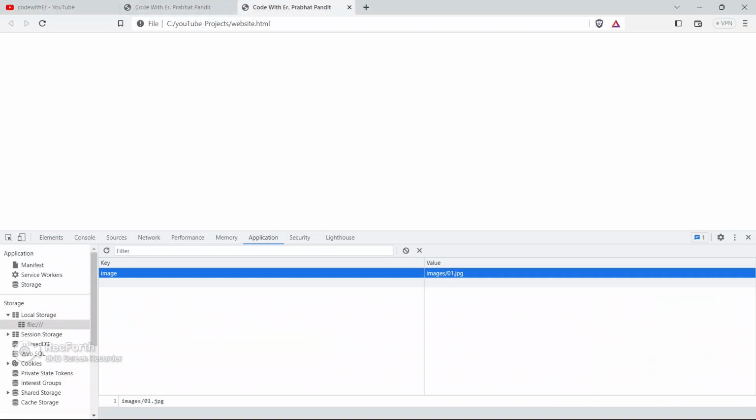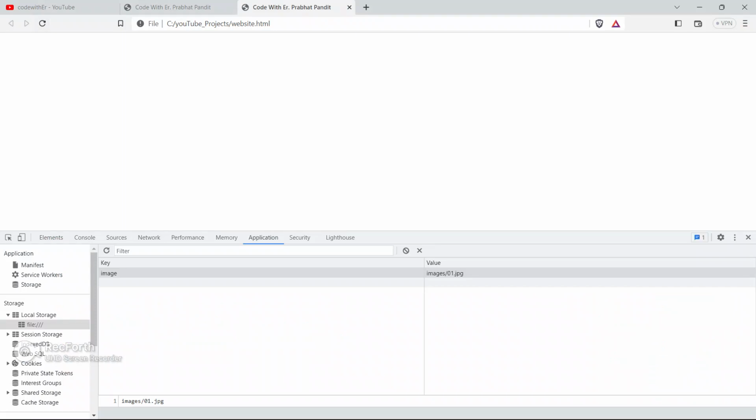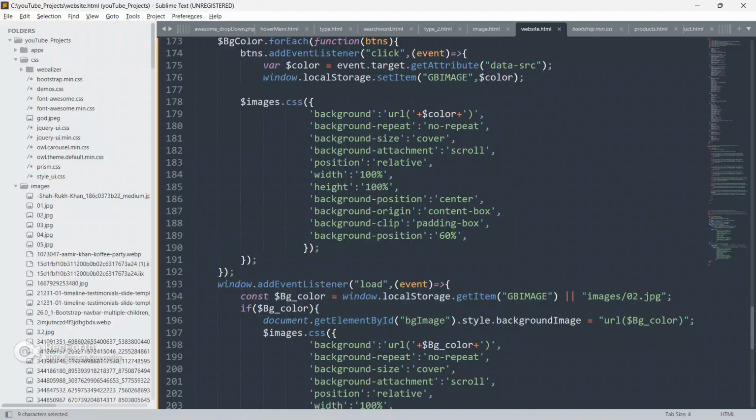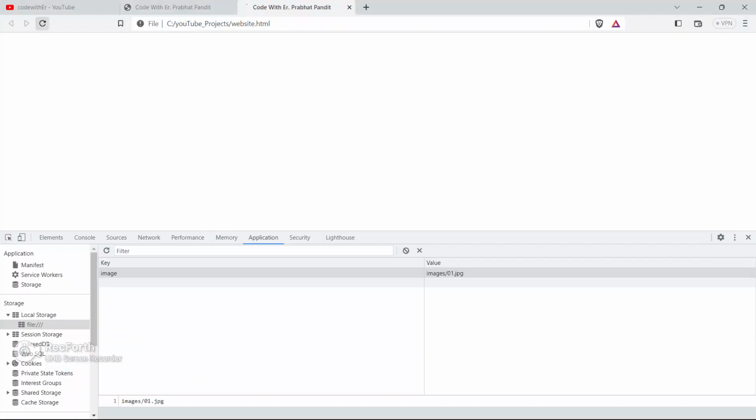Go to the local storage. Yeah, img is there, but our local storage value is not being saved here, guys.